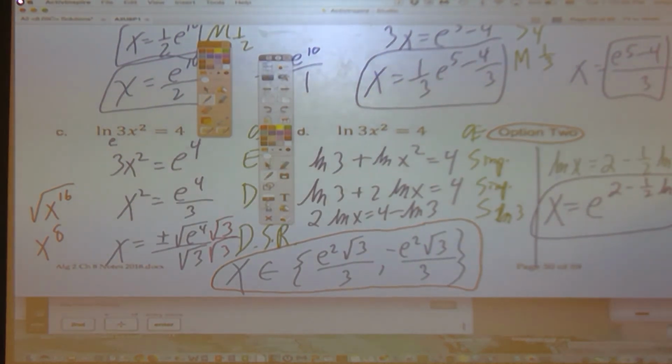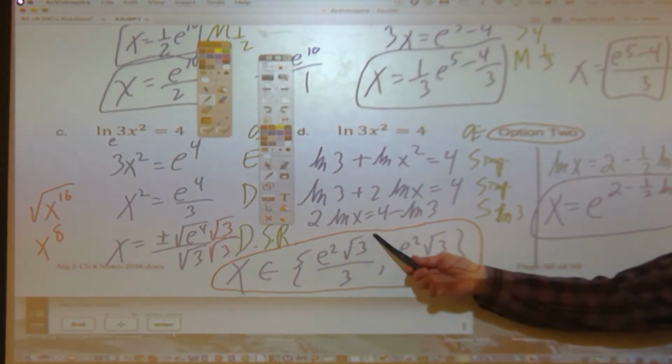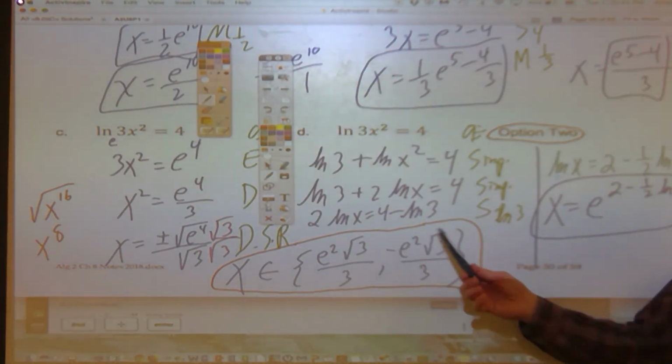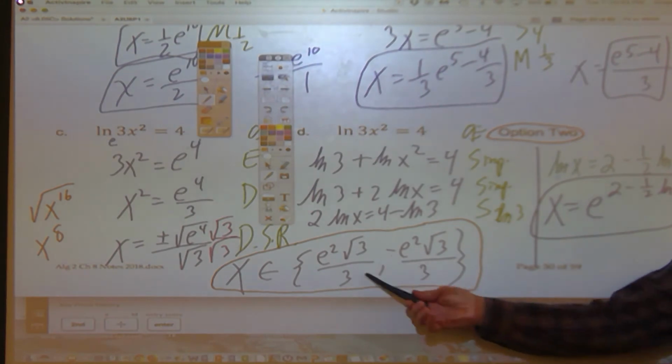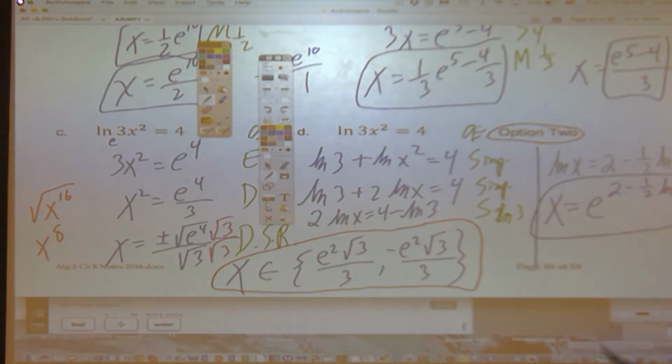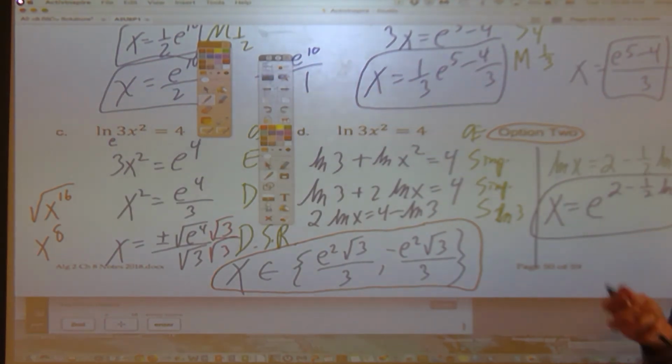Is math broken? How can x equal e squared radical 3 over 3 or a negative e squared radical 3 over 3 on one hand? Here's 2 answers. And here we have something that looks completely different. Well, if math is broken